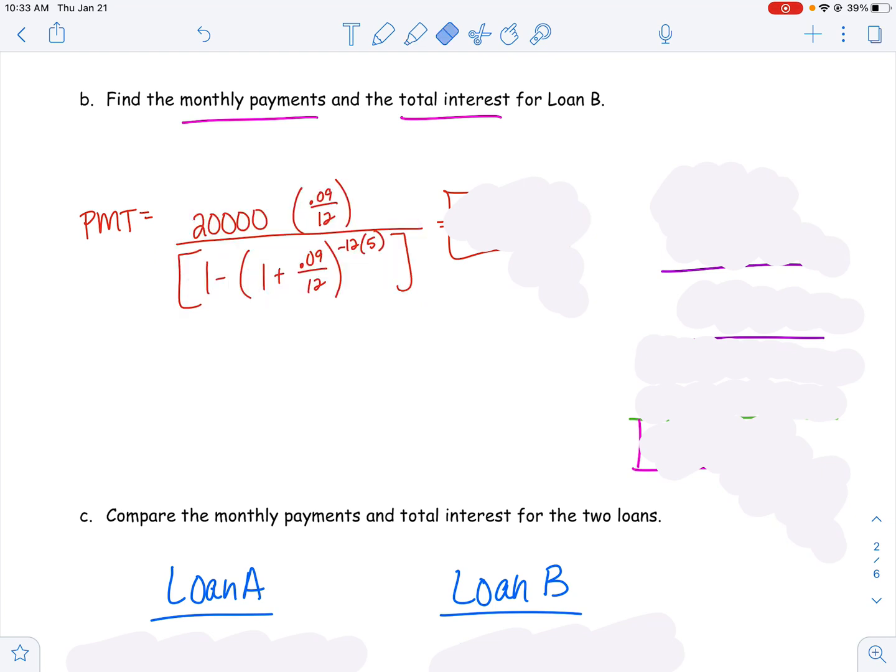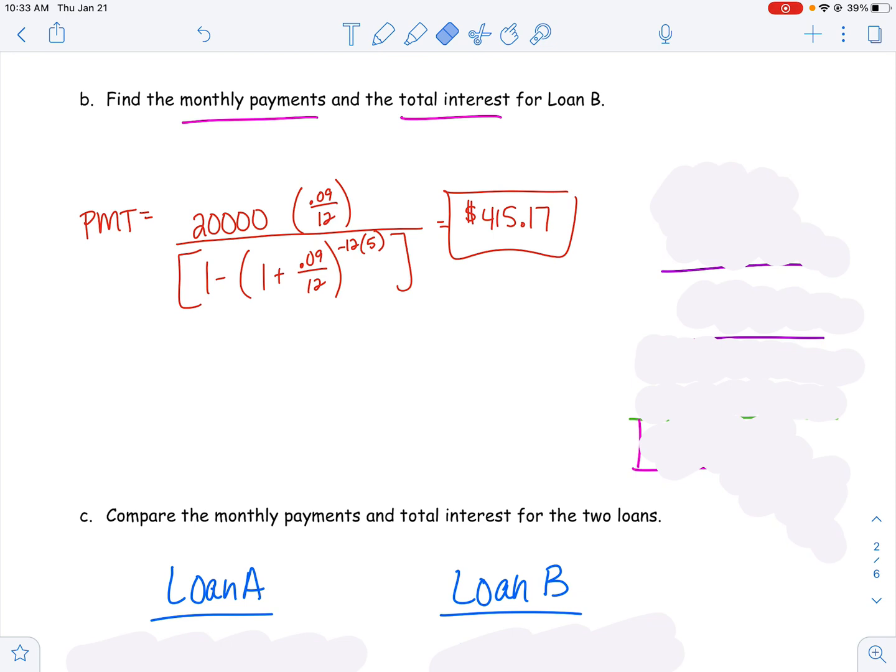All right, inputting my values into my payment formula, this time with a 9% and this time for 5 years. Your setup should look like this. It is really important that I can see your setup when you're doing your exam so I know exactly what you're putting in and where you're getting your values from. So I'm looking for this setup to give you full credit. From there, you're going to use your calculator, make sure you're inputting it correctly, and you should end up getting